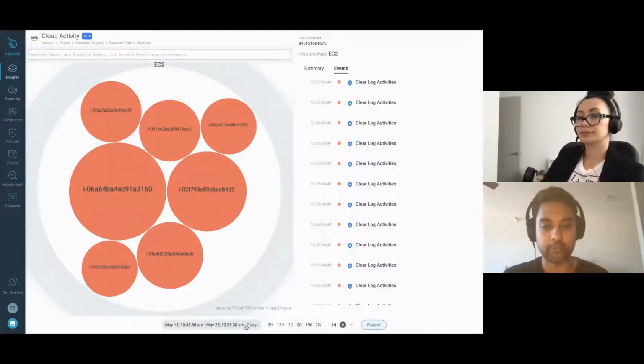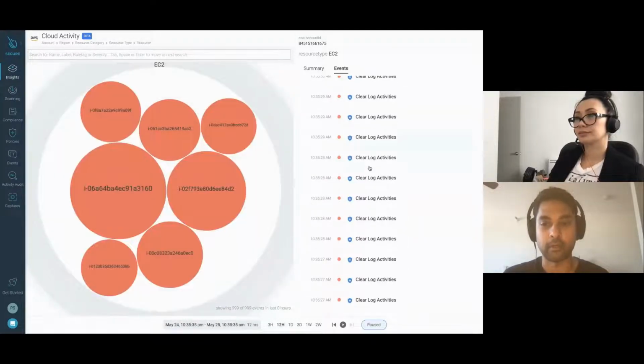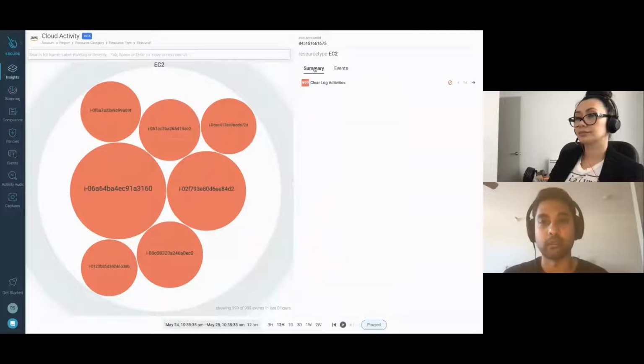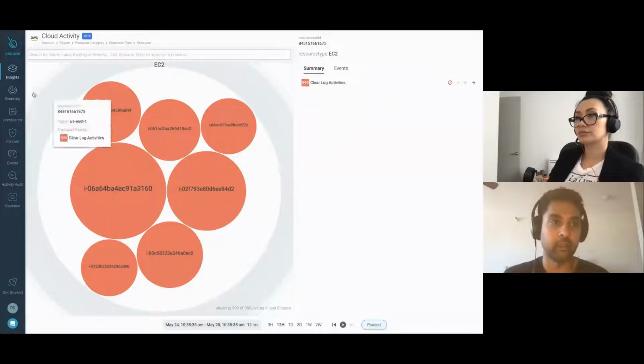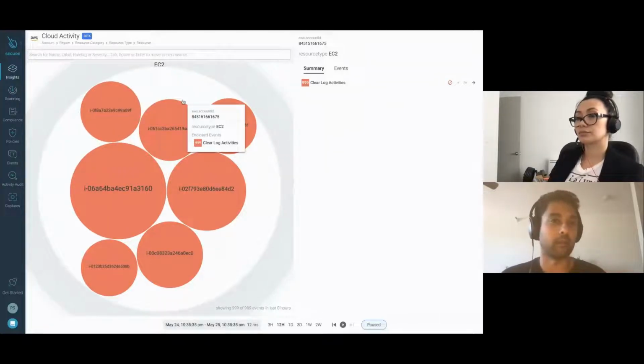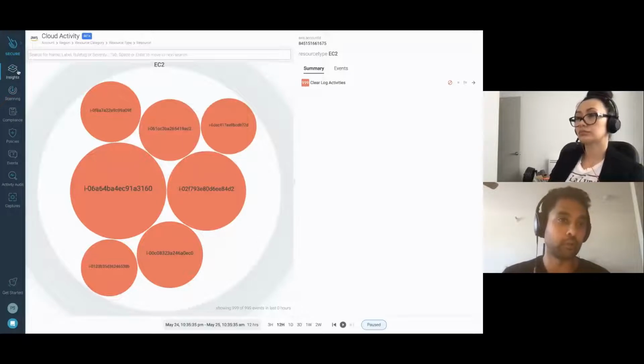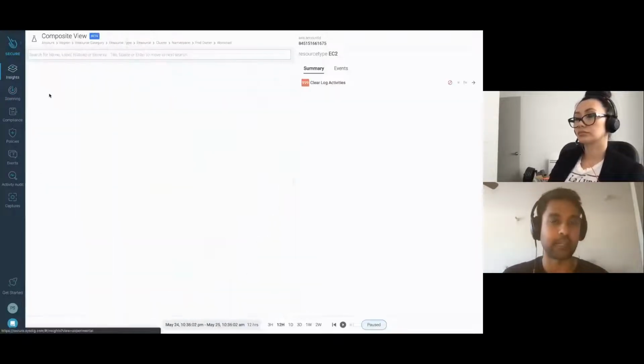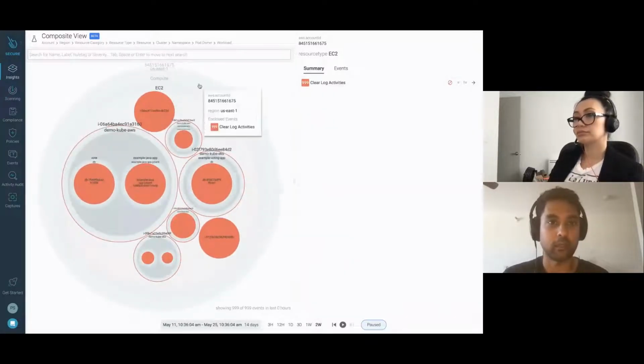If there's any interesting things here in the last 3 days or 3 hours, let's see, in this demo environment. Most of the stuff is just someone deleting log activities, but ideally you would see a ton of other activities. Potentially, if someone is coming in without MFA, logging in, then trying to get access to a workload or a pod, and potentially mining Bitcoin or some other cryptocurrency within that container, right? So you'll be able to see the full trail of activity and actually understand exactly what's happening within your cloud environments. Let me just try one more time if I can see here. It looks like I can't,